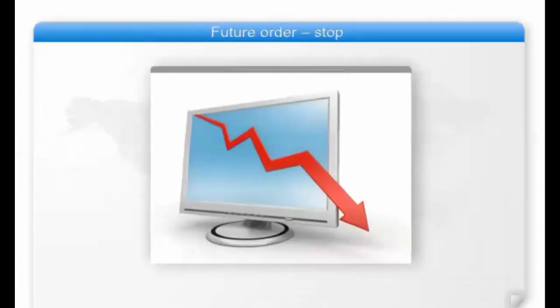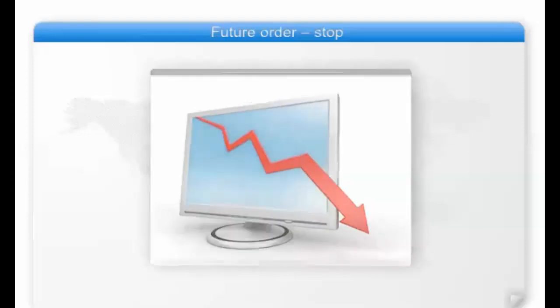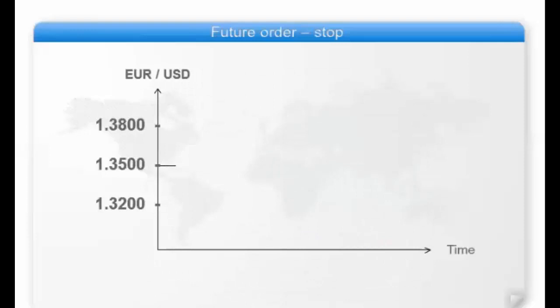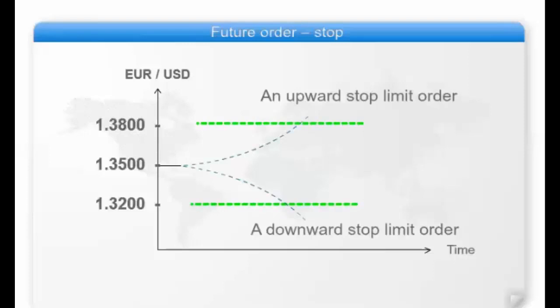Future order, stop. This order functions similarly to the limit order, but in the opposite direction. Utilization of this order is relatively rare, and a portion of the brokers do not even offer this option at all. For example, let's assume that the market price for trading of the currency pair euros to dollars stands at 1.3500. A purchase stop order would be set above 1.3800. A sale stop order would be set at below